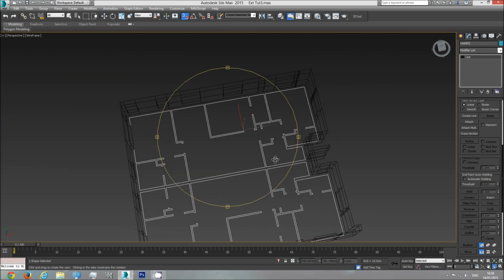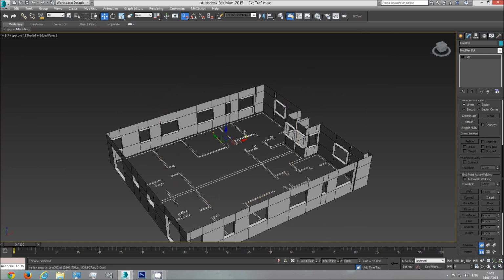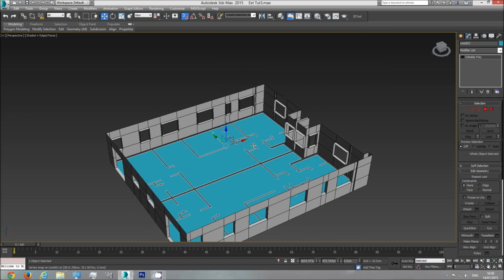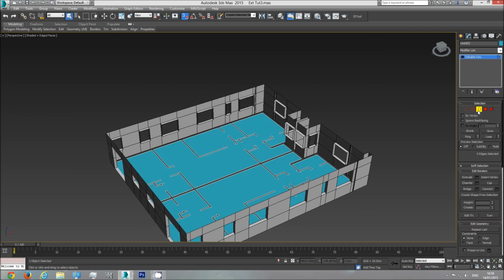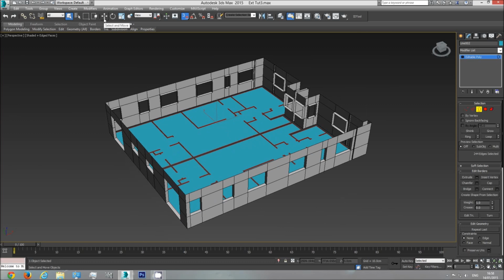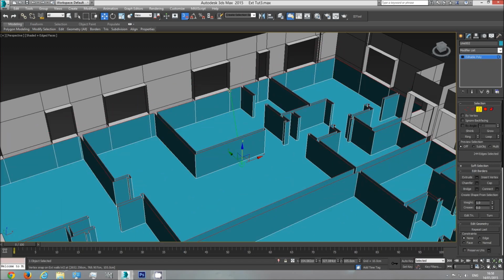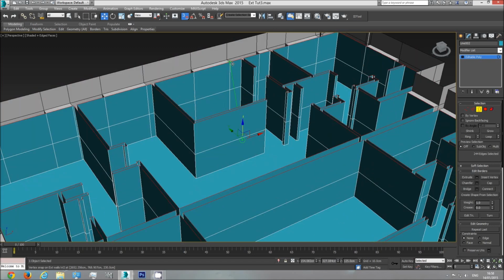And I'm going to create a floor out of this. So I'm going to right click, convert to editable poly. Now we have the interior floor, which is great. I'm going to choose the borders, one, and the border of this one. Now I'm going to shift, let's unselect the snap toggle. I'm going to shift, no, you know what, actually I'm going to leave the snap toggle on. I'm going to shift drag to the bottom of this window and shift drag to the top of this window,